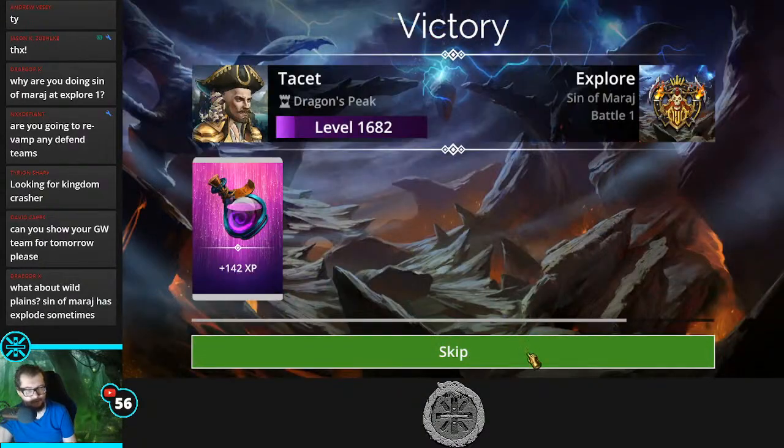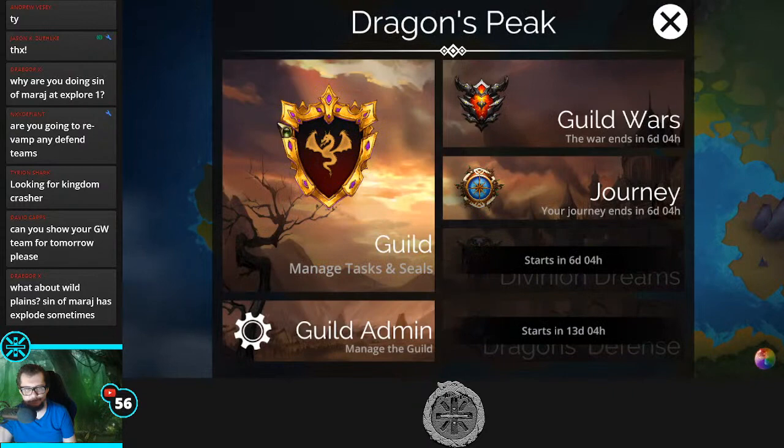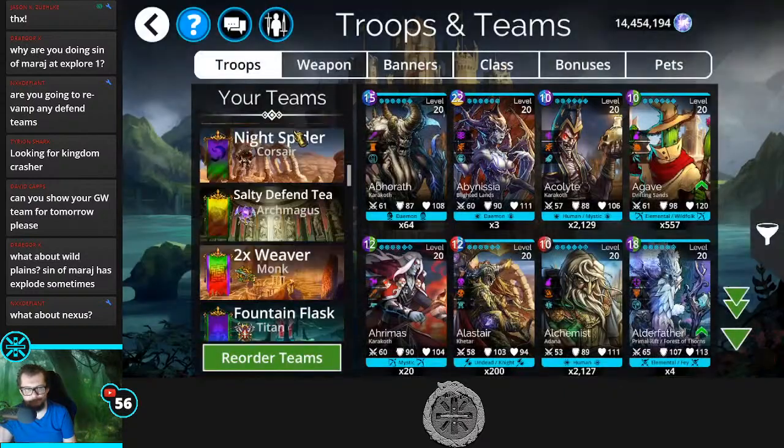Can you show your Guild War team for tomorrow? Sure. Our Guild War team for tomorrow is... Our defend team is that. A pretty standard Yaga Queen Titania, just with book. And as far as our actual team...